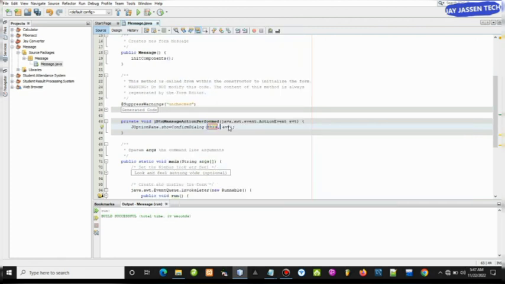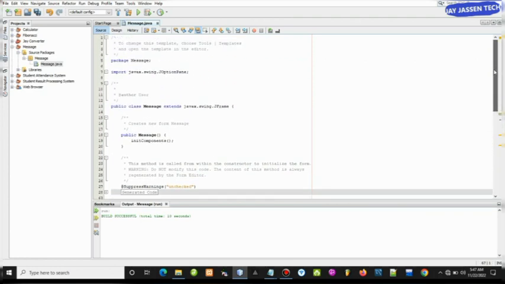This means this particular button, once it is clicked, this is what the user should be able to see: this is how to create a message pop-up in Java using NetBeans. Alright, so once I'm done with that, if I scroll up, I should automatically have this line of code